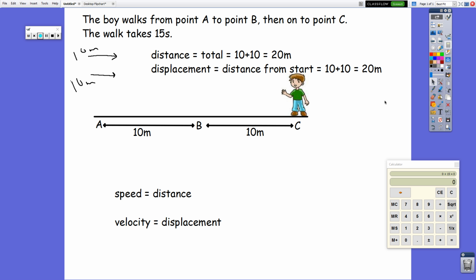Well, the reason we got the same number is because we moved in a single direction in a straight line from here to there. If an object is moving in a straight line and in a single direction, the distance and the displacement will be the same. That means when we go to calculate it, we're going to end up with the same numbers for speed and velocity. Our speed is 20 meters over 15 seconds,